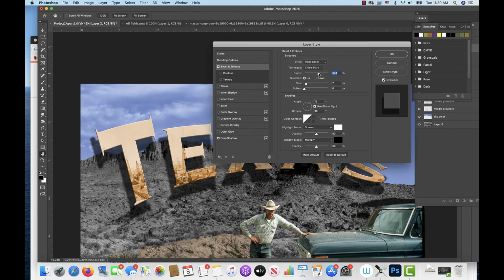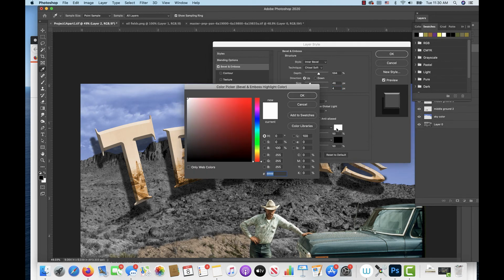So we're going to get more depth and a little bit more size. And I don't know, maybe chisel hard is too hard, chisel soft. So that's a good size. We'll soften it a little bit. And highlight mode,